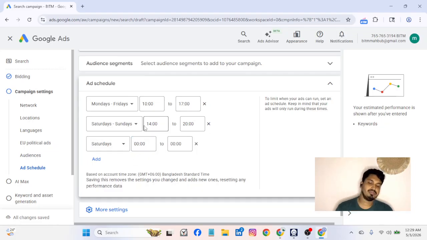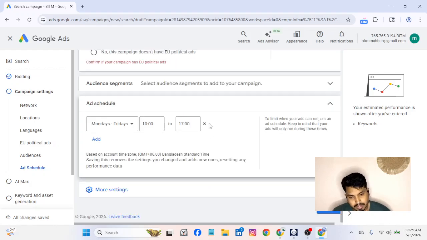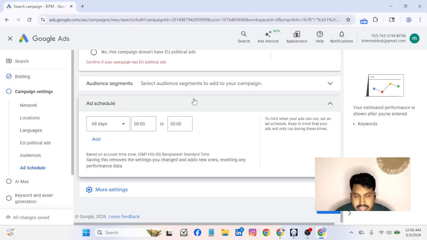So actually, you can select any time and any date for your business services. You can select this. This is the fundamental of the ad schedule. But you can ask what our time zone will be in the ad schedule. Actually, the time zone in the ad schedule